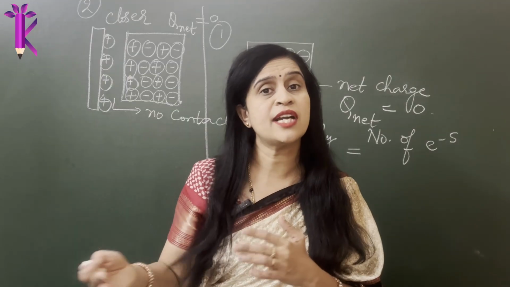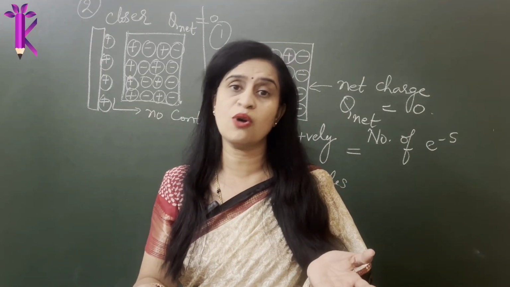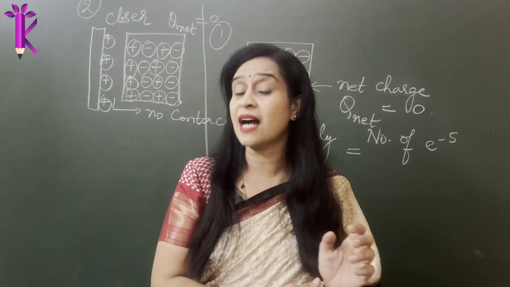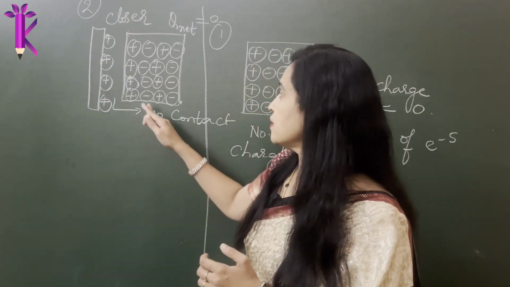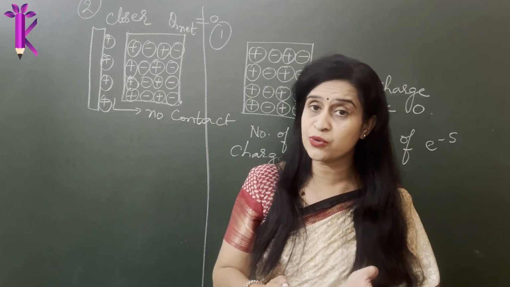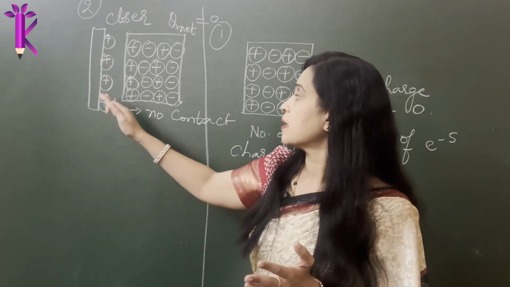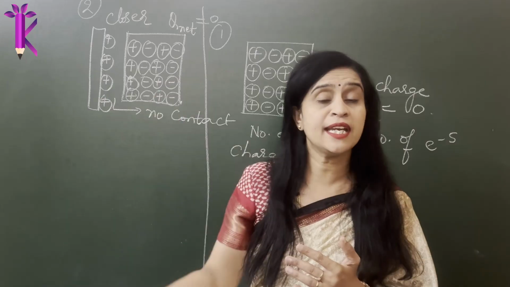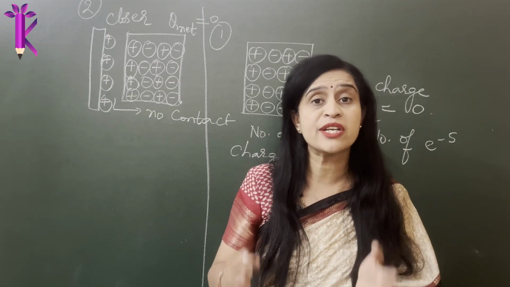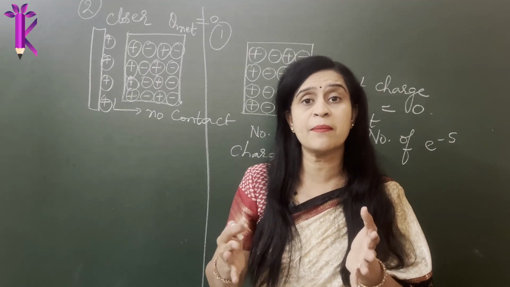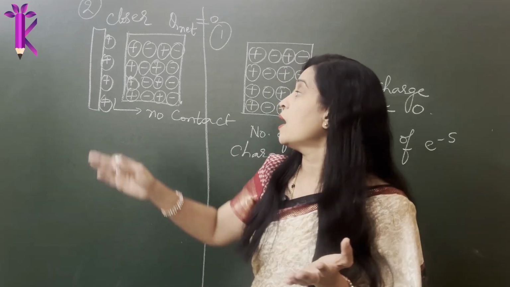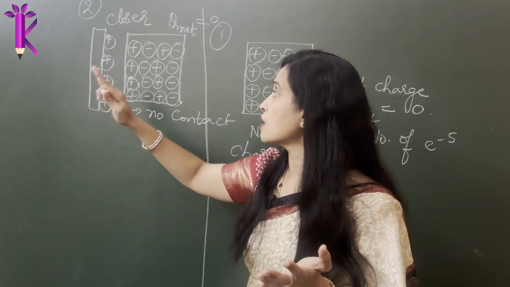Now, how do you measure that charge? You measure using an instrument called a gold leaf electroscope, or a leaf electroscope, which we already studied in our very first class, when I started teaching you electrostatics. So there will be some charge. Now, I'll give you some time, as I usually do in my class. I want you to think: how will this charged conductor, which is not in contact with the metal, charge this metal? How are you able to measure some electrification? How are you able to see that there is some net charge on the system? The system has acquired some net charge after this was brought closer.